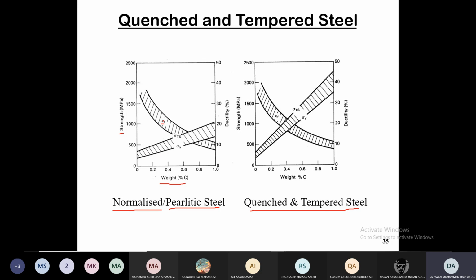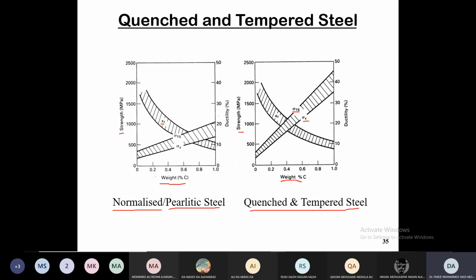The fracture strain, this is what is taken to measure the ductility here. You could see it happening like that. When we compare that for the same curve, weight percentage of carbon and the strength in megapascals, for the quench and temper, which we can refer to as the tempered martensite, with increasing carbon content you could see the yield strength and the ultimate strength of the material is much bigger than the